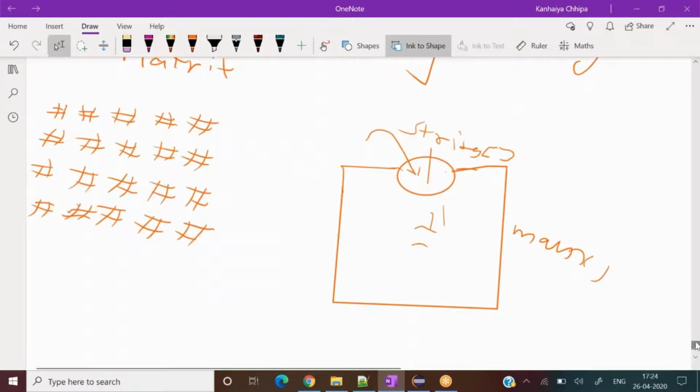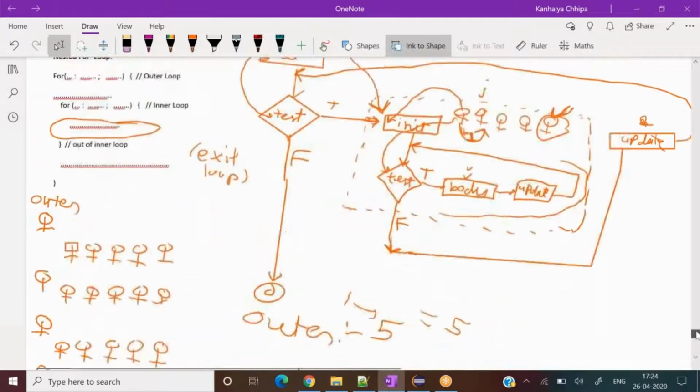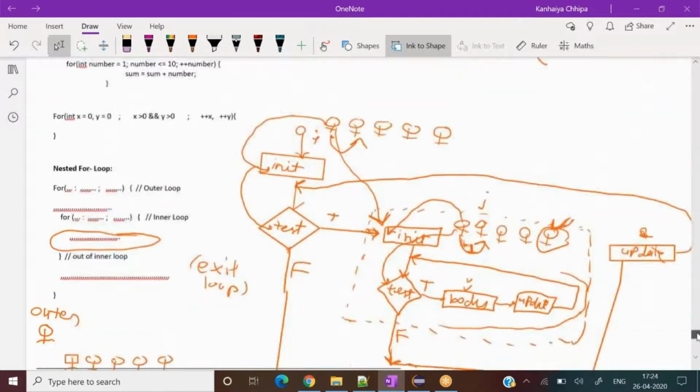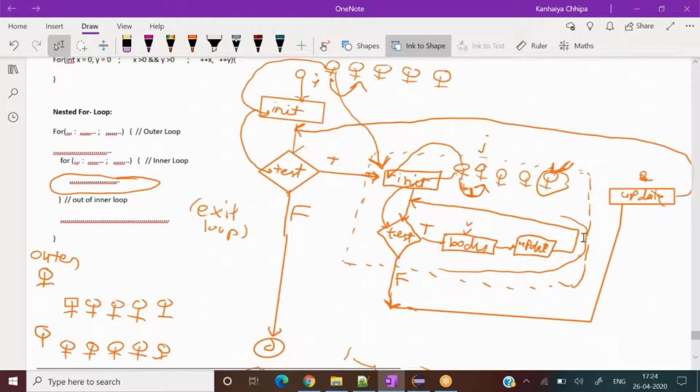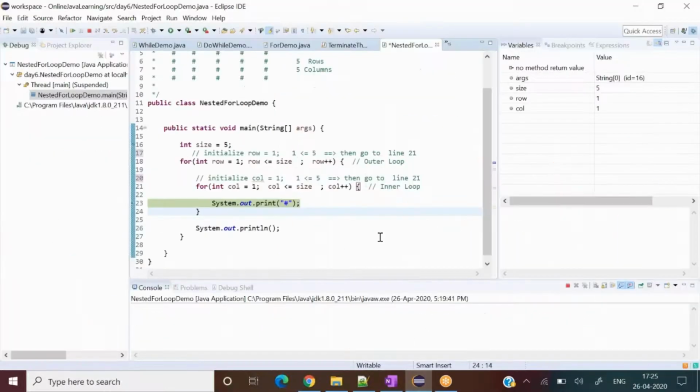Until all 5 column iterations get executed, it will not go to the outer for loop. So now the inner for loop will keep on working. Its initialization has been done only once. Now its update and body part will keep on executing.